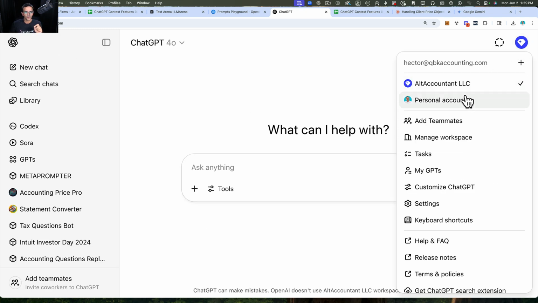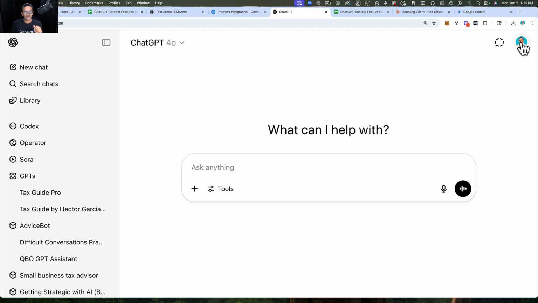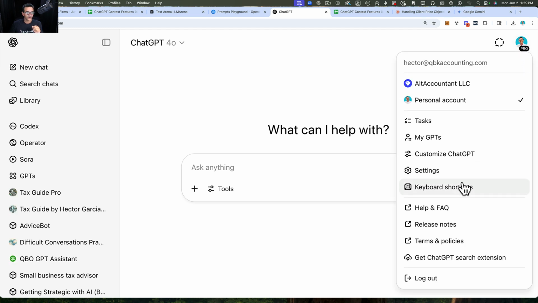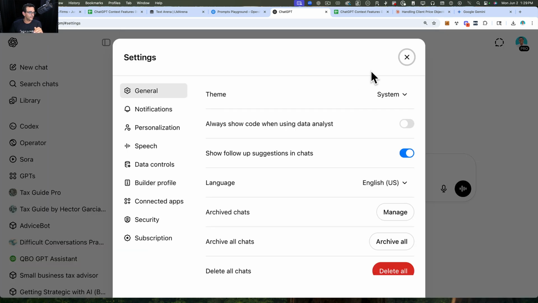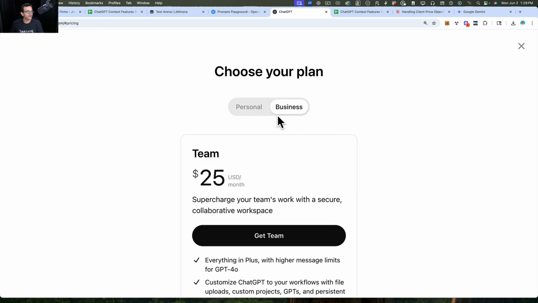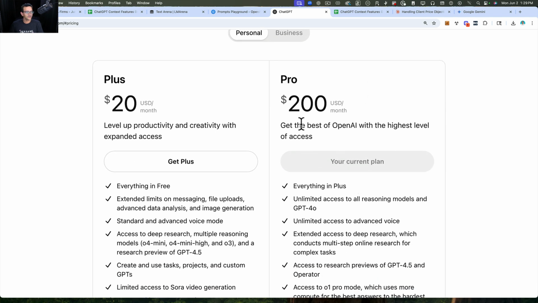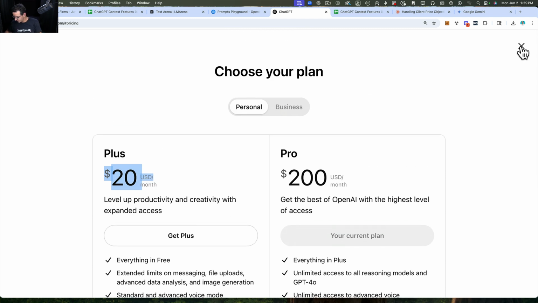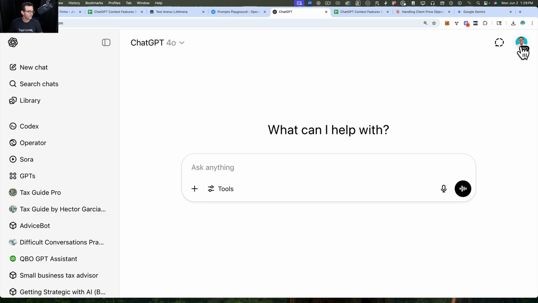But also, when I want the most power, I have my personal account that I have under the Pro Edition. And the Pro Edition, this is the really expensive one. This is the one that's $200 a month. I am not saying that you should be on the $200 a month edition. I think that for the most part, if you're a solo owner, you should do the Plus edition, and if you have multiple team members, you should use the Team edition, which is from $20 to $30. It's not that much more, but the ability to chat with each other or to collaborate in the chats is really, really powerful. So thank you for that question.